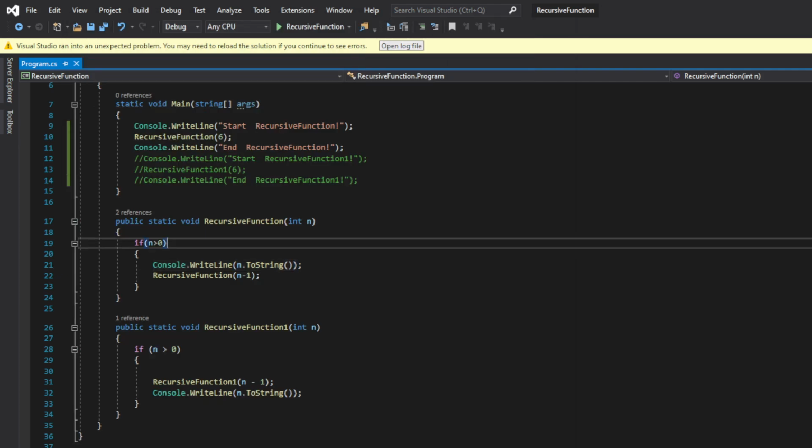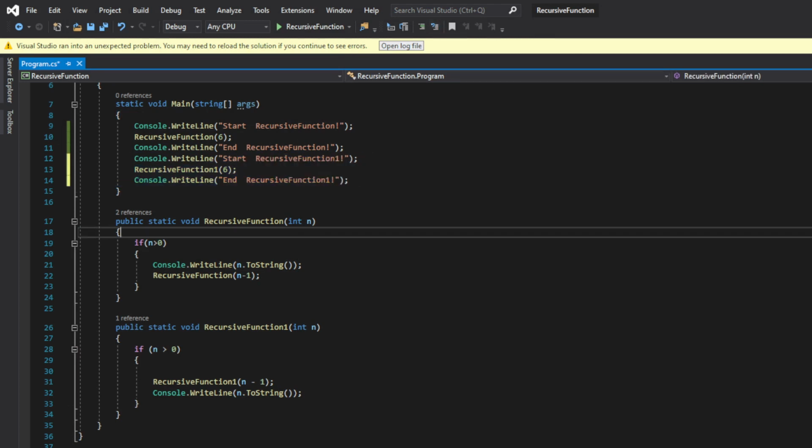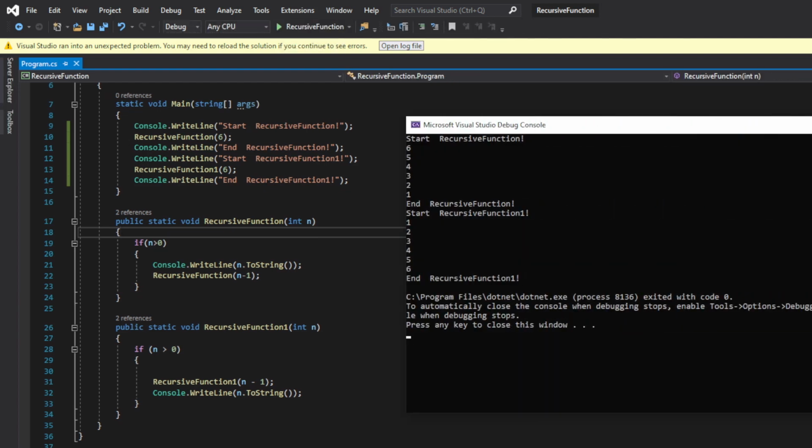That is very important. When we call the first function here, and uncomment this, we will check the difference between both functions. Even though the instructions are the same, we can see the output will be totally different. So here you can see in the first one we have 6 5 4 3 2 1, and here we have 1 2 3 4 5 6. So to understand this,